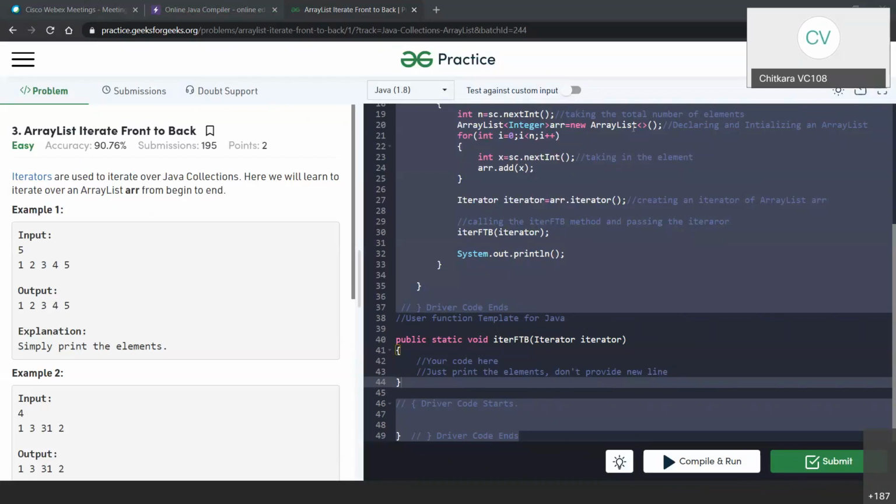Iterator hasNext, and then you use an int num. Iterator hasNext, iterator next. Percentage d, print i, good. While iterator hasNext. Okay, some of you have got it right.